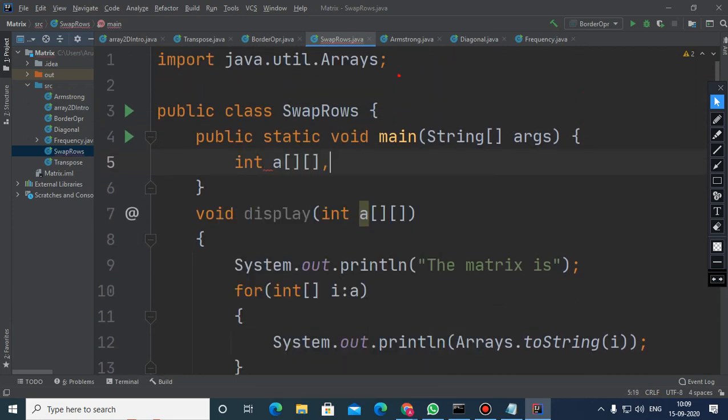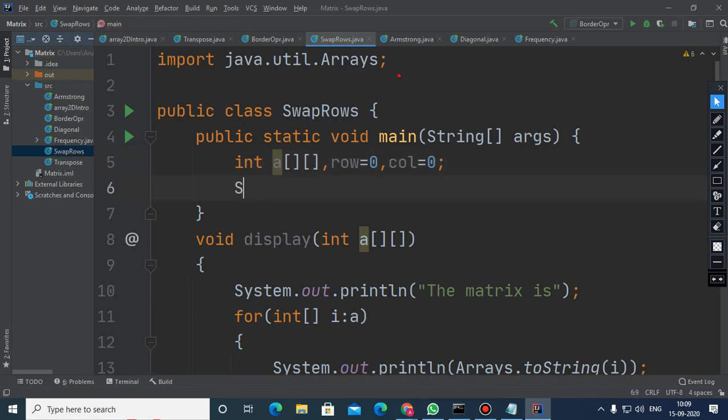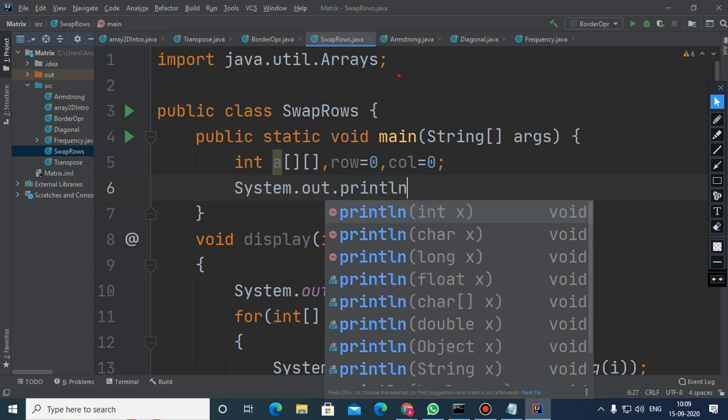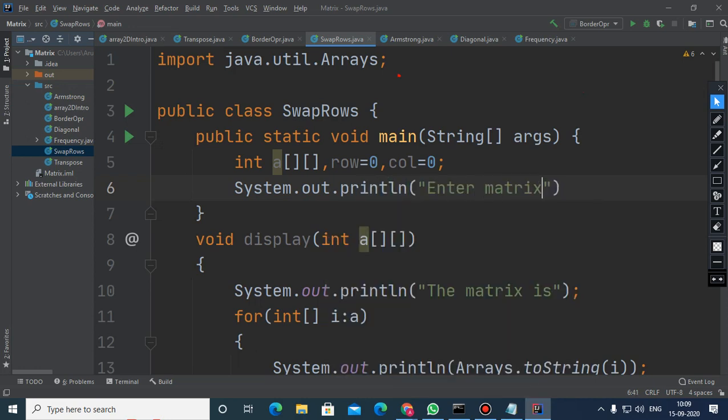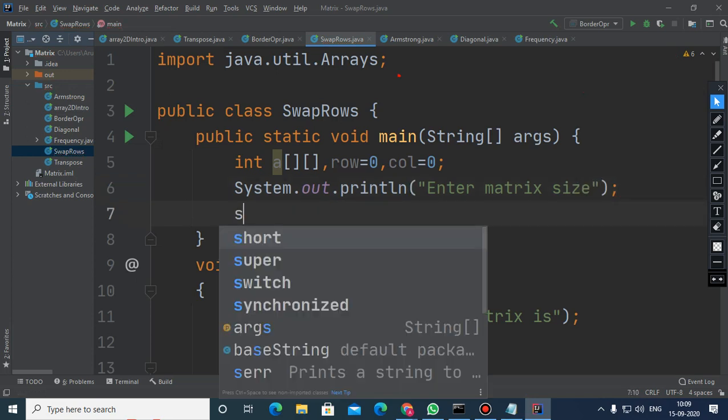This is the matrix now, and this is the size of the matrix, row and col. And now here, enter matrix size, that is row.